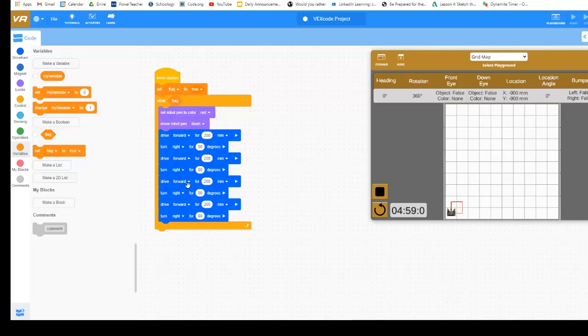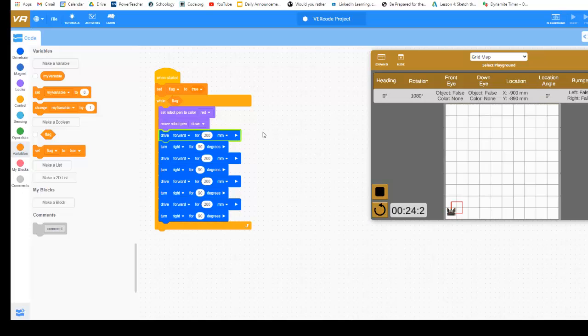So in other words, what the program is going to do is enter the while loop because this flag is true, the condition is met, and it's going to do this infinitely. Okay, so let's see if that happens. So the robot is going to start drawing, and then when it reaches the end of the code, the while loop will make it start all over again. Okay, so that's going to do it infinitely. There are many ways to get the robot out of that infinite loop, and one is creating a condition that will stop